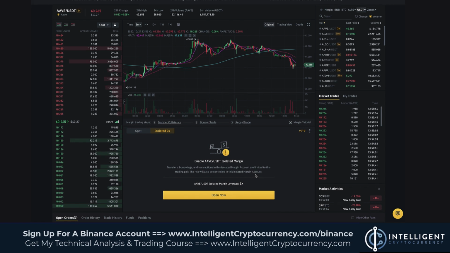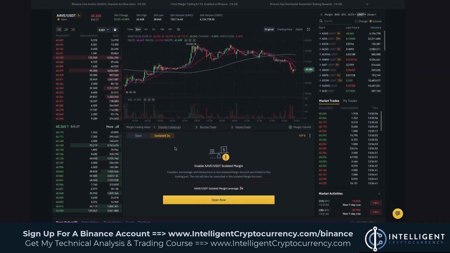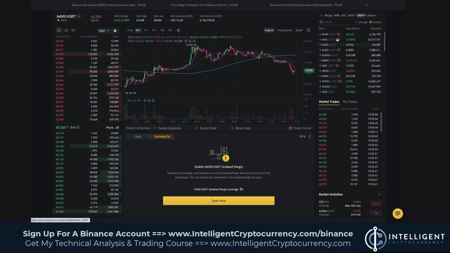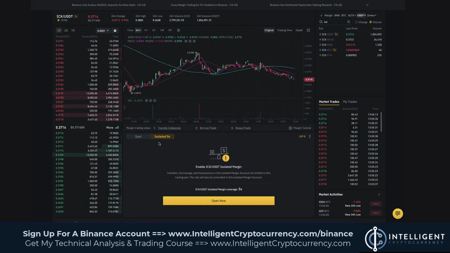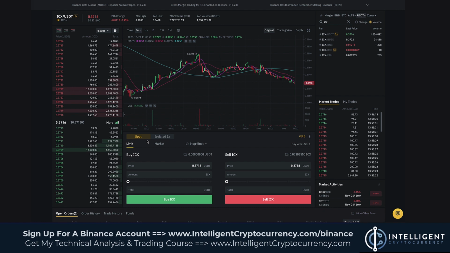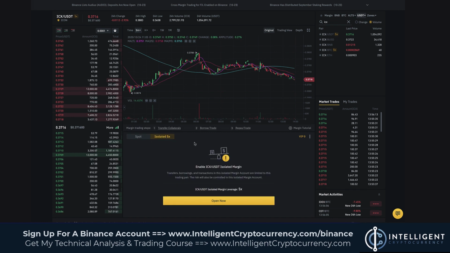So this option is here if you want to take leverage trades on different altcoins. So let's just take, for example, ICX USDT. You can see over here, you can trade ICX spot against, for example, USDT, but you can also trade it with as much as 5x leverage. And again, you'd need to open this position over here on the specific coin, but this allows you to trade individual coins with as much as